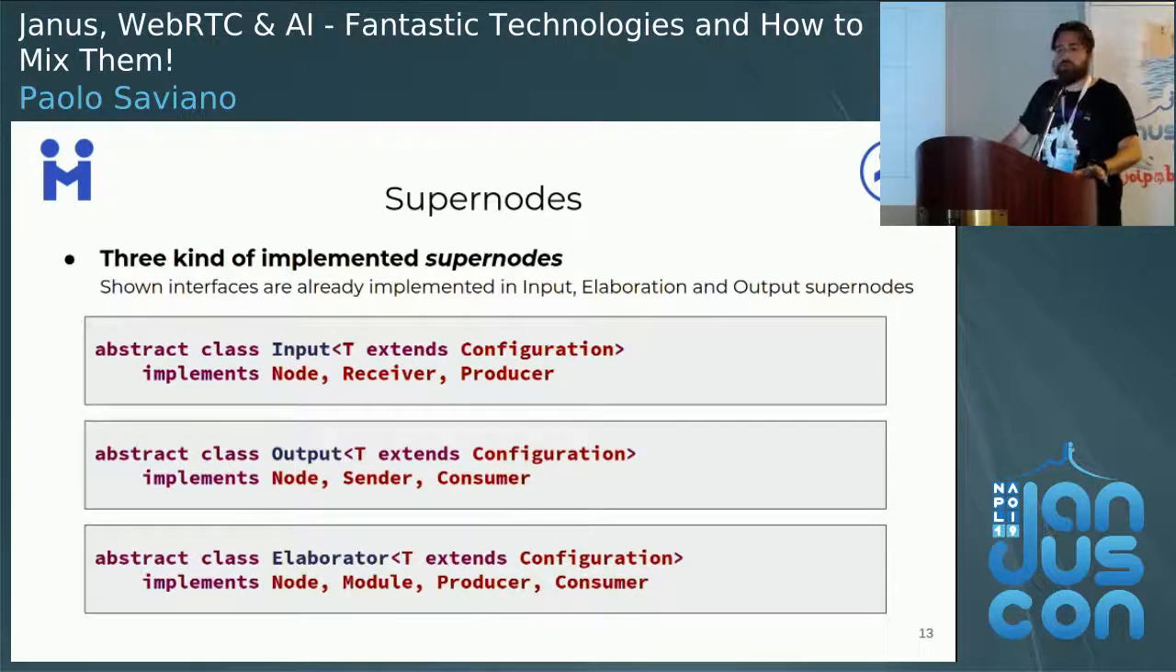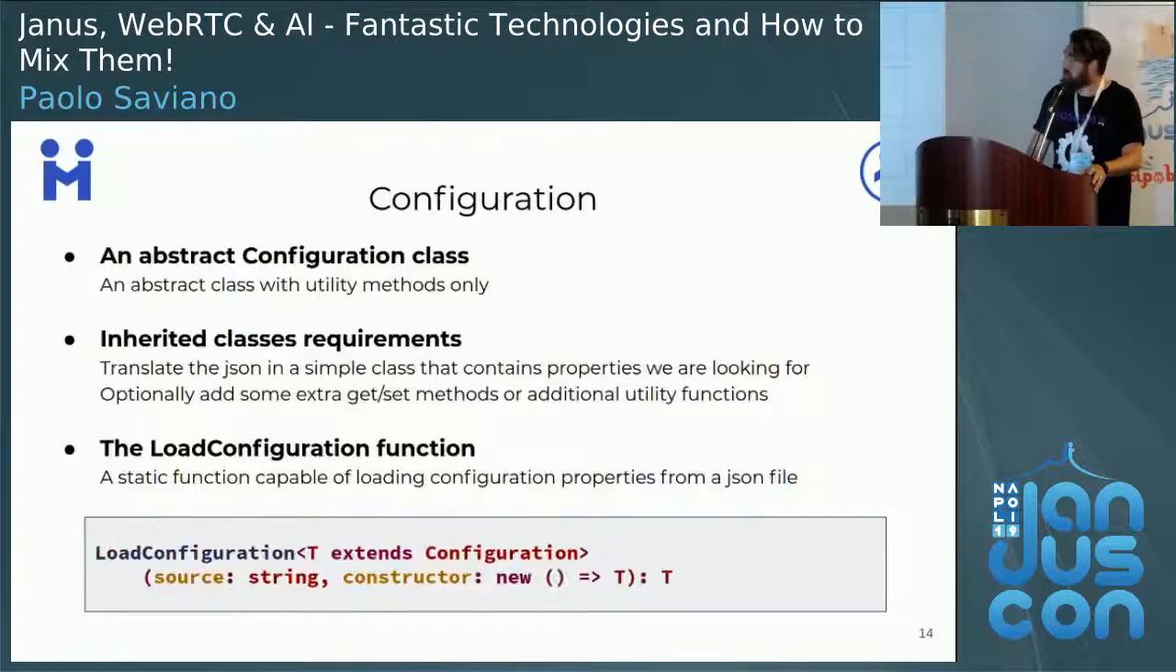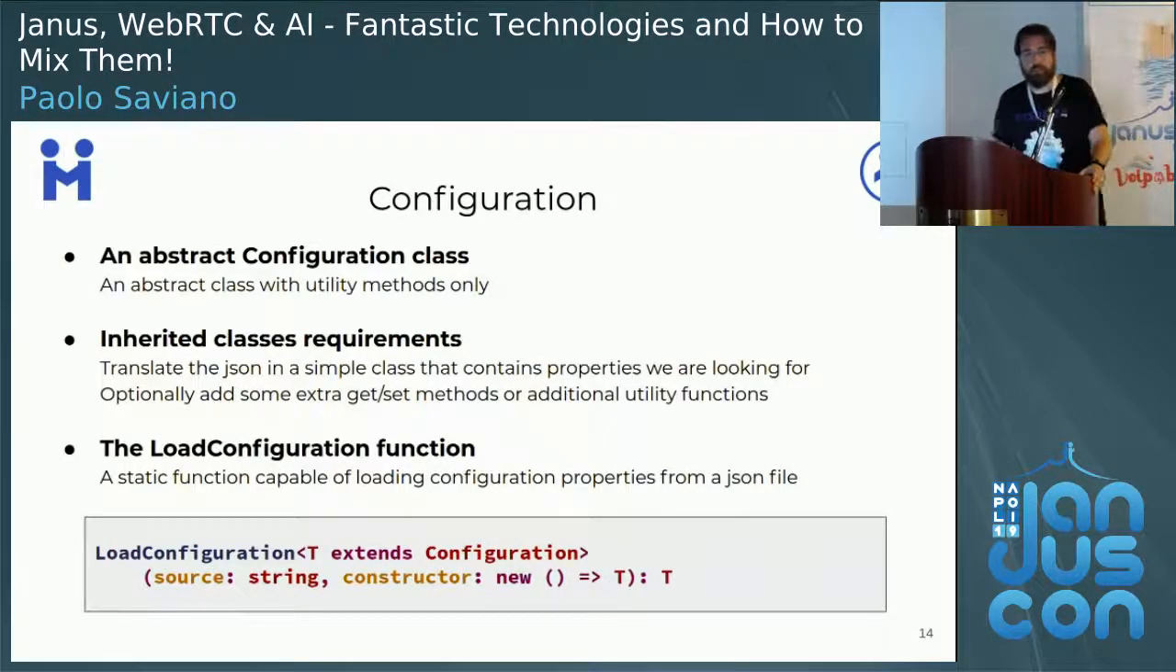Now we have to create the three abstract superclasses that will be the skeleton of our project. Let's call them input, output, and elaborator, mixing the interfaces described till now. It's important to notice that all these abstract classes will be injected with a configuration, an inherited configuration object, used to configure the node at runtime during its life cycle. The configuration class is another abstract class that